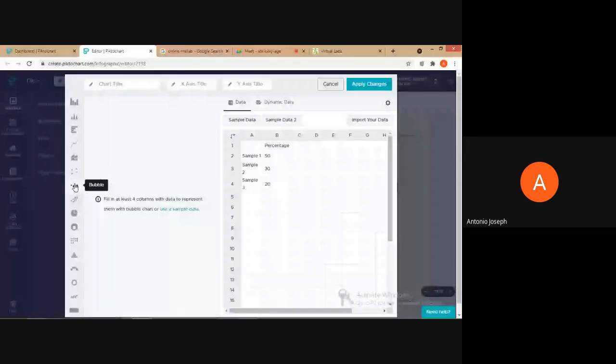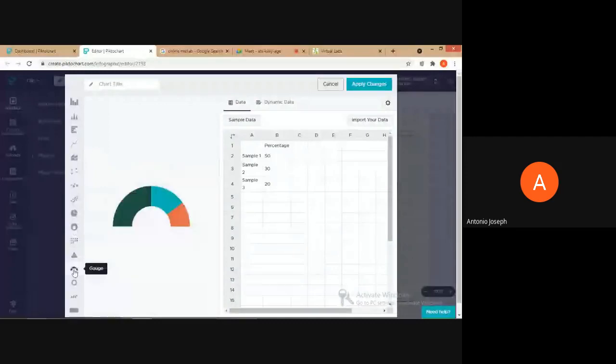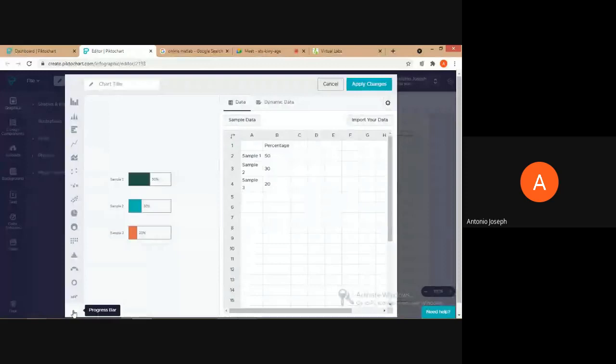Then scatter plots are available, and pie chart, stack, icon matrix, then hierarchy, gauge, donut, swatch, and finally the progress bar. So this many tools are available in PictoChart. It's very easy if you are looking for creating some infographics.